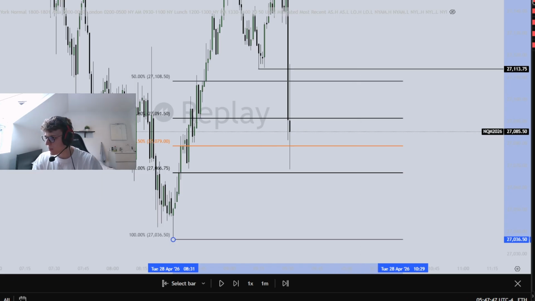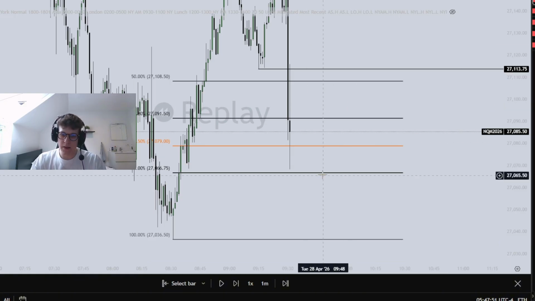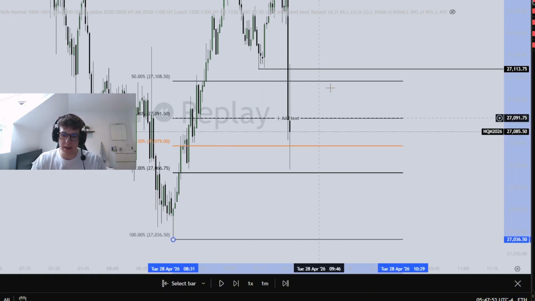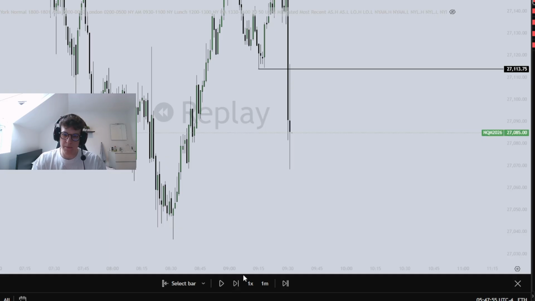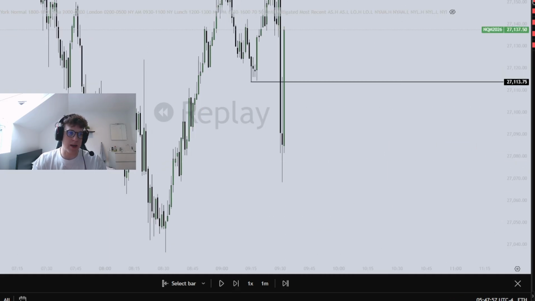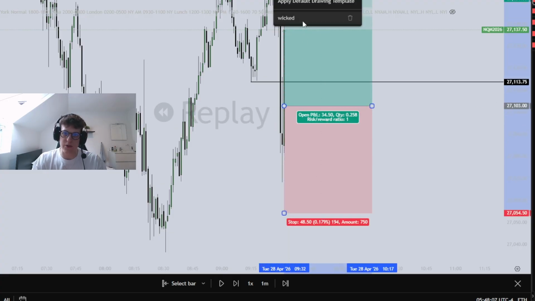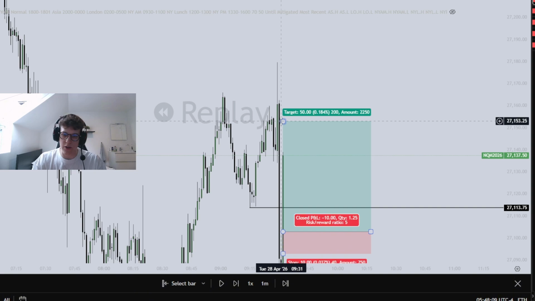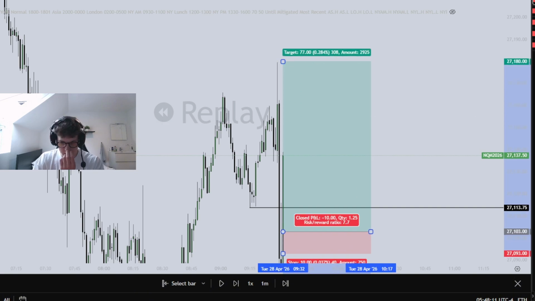Let me double check where my entry exactly was today. Yeah, OTE tap, super nice rejection, bomb, insane bullish candle where I entered. We also had SMTs on this, and also a little SMT right there. My entry model was around right there, and I targeted. What did I target? Up there,